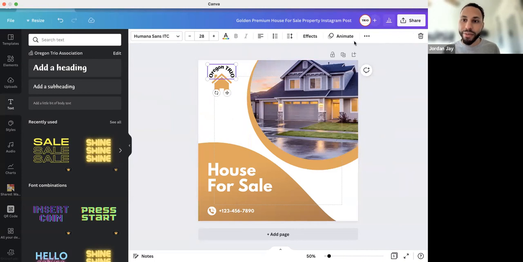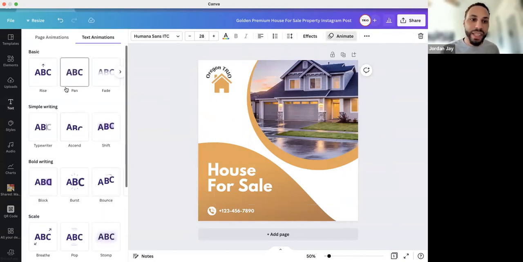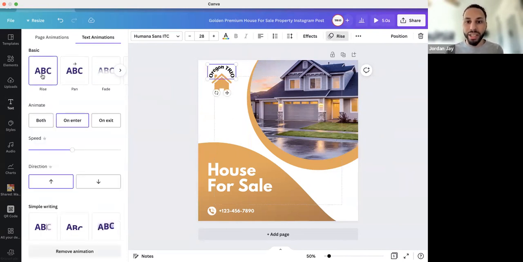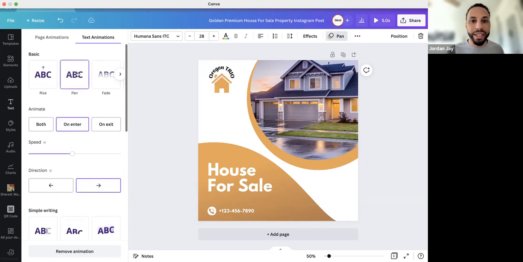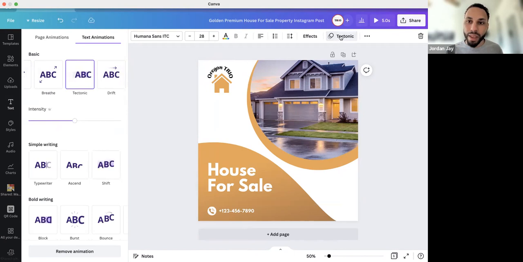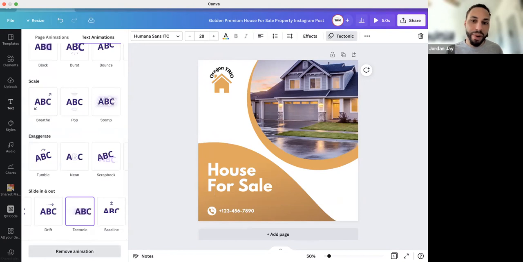We also have animate. This is going to be more for video. Once you add any sort of animation, that post is now considered a video. It will download as an MP4 file. And so when you post that onto a social media account, it will be a video, even if it's just one thing. But it is really cool. There's a lot of great effects that you can put onto here. I am going to remove that for now, though.